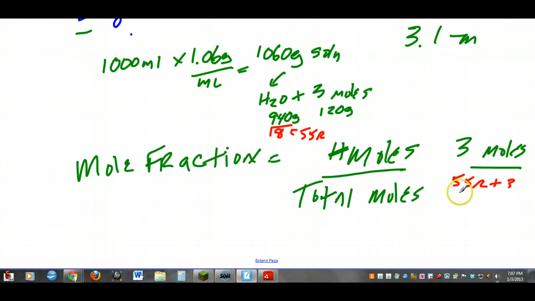So now the mole fraction is actually left as a decimal. 3 divided by the total number of moles, I think it's 0.05 for the mole fraction. Okay, and now the last one,